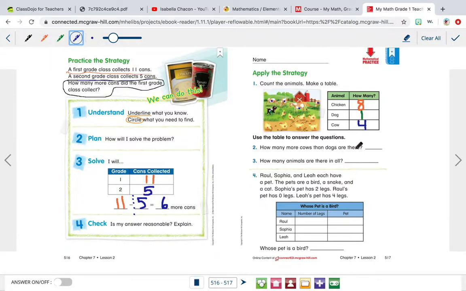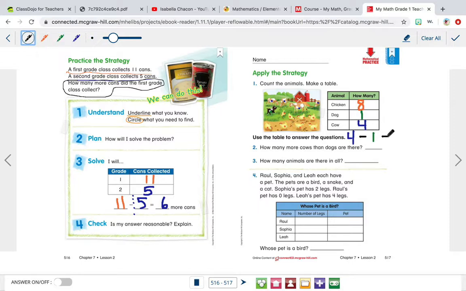There's 4 cows and 1 dog. So I need to do a subtraction sentence. Now when I do that, what am I going to be subtracting? I have 4 and 1 because cows and dog. Am I going to be taking away 1 minus 4 or 4 minus 1? I hope you're saying 4 minus 1 because 4 is a bigger number, so we always put the bigger number first in subtraction sentences. So 4 minus 1